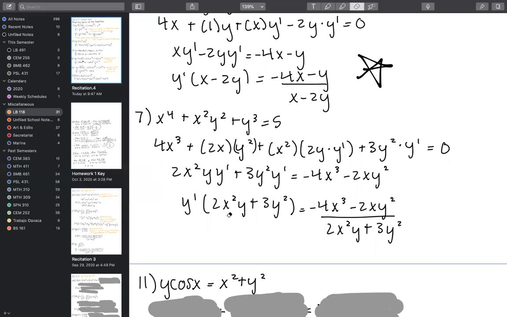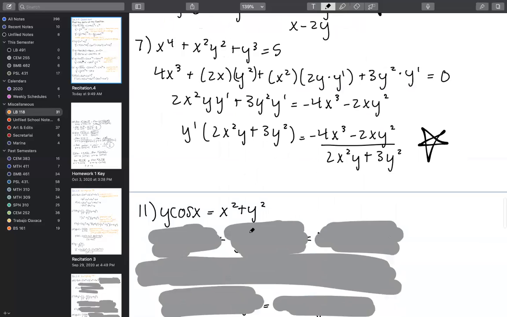And I did the same sort of thing that I did with the last problem, where I combined 2 steps. This is not a true statement. These are not equivalent statements. Y prime, this term here is equivalent to this, and then y prime is equivalent to this. But I'm not sure what exactly happened, but I made a mistake in that. So when I send you out the recitation note this evening, the updated note will reflect the correct equivalent statements.